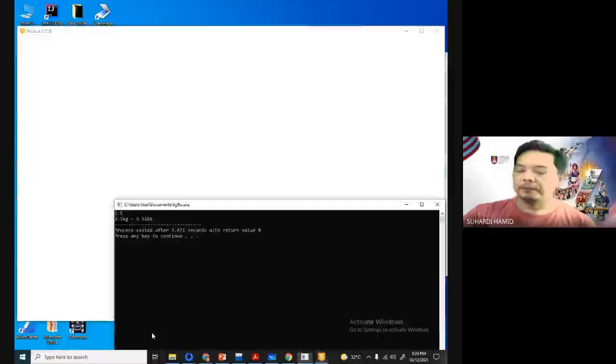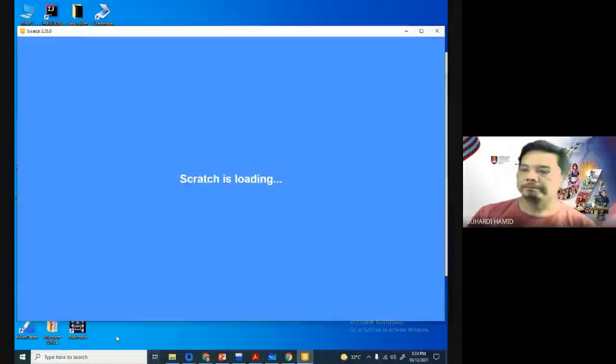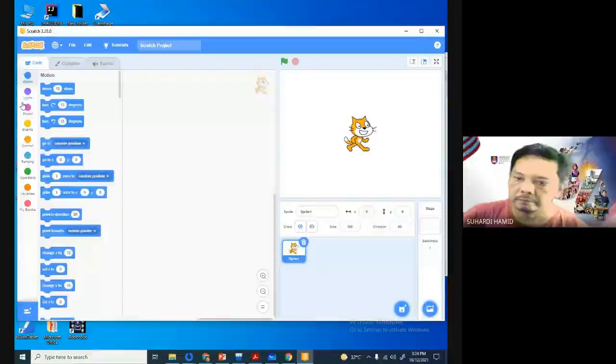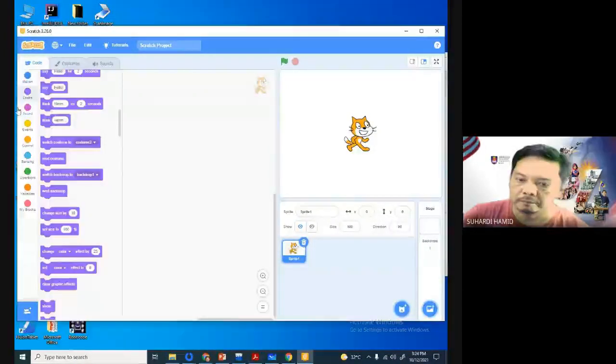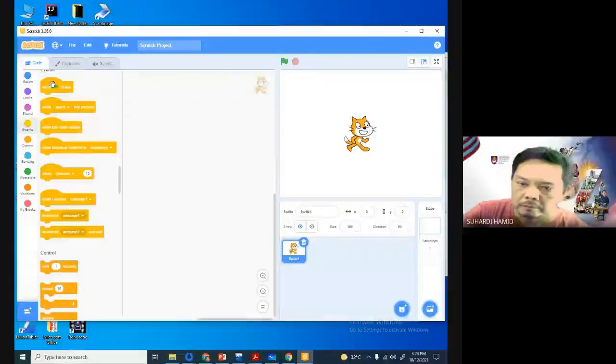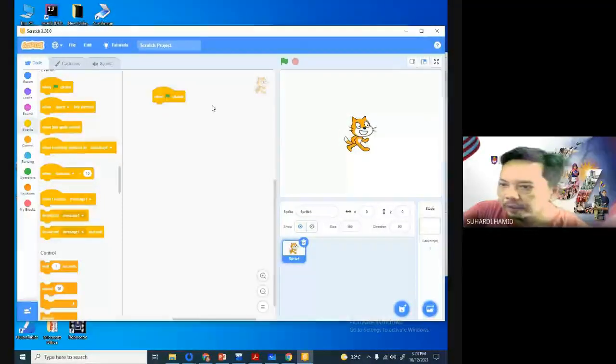This will take a bit of time to run anyway. When we click this flag, meaning to say we want to run,